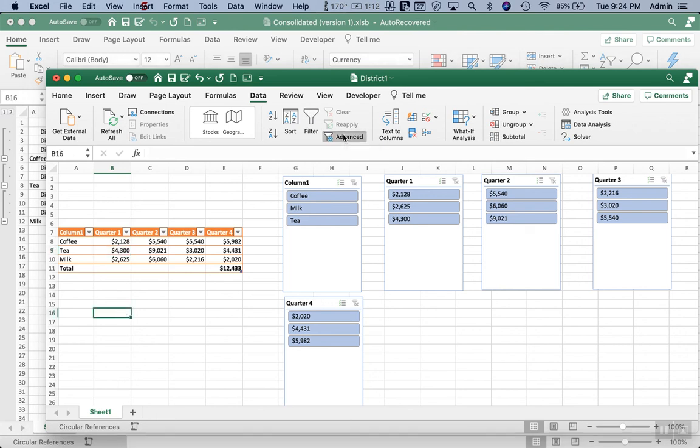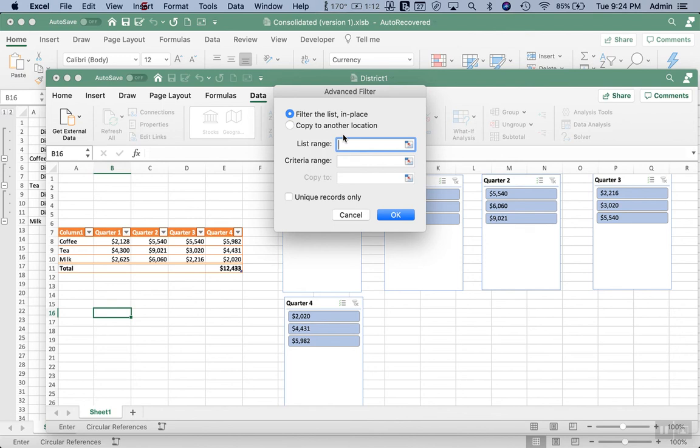So if I click the advanced filter, it'll first ask, we can filter the data that's in place as it exists, all right, or I can copy it to another location. So my list range, let's see if that works, I believe if I type in Table1, that's my list range. And then my criteria range is going to be,